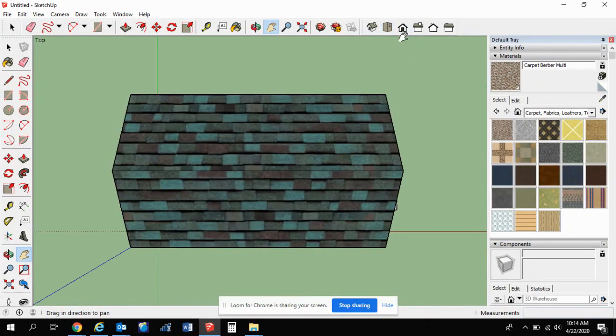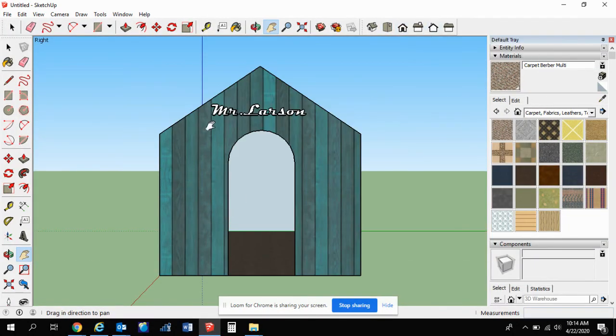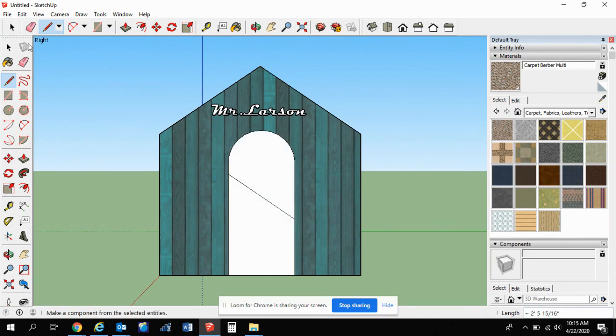Once again, I'm going to go back to here, and I'm going to create a door now. So now I'm going to draw a line. Easiest way to do this, you could try trace around, and it took me forever to figure this out. But if you draw a line across from one side to the other, it'll automatically fill